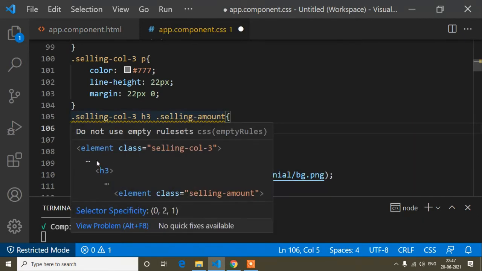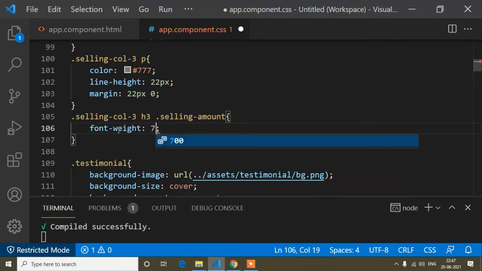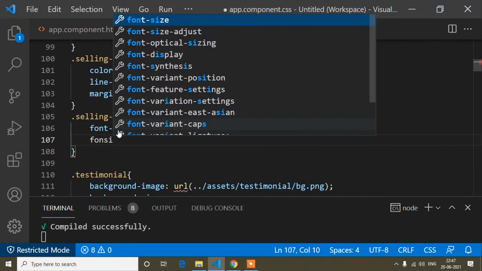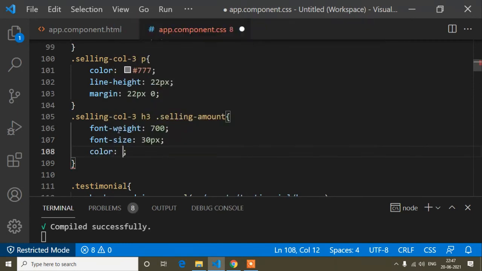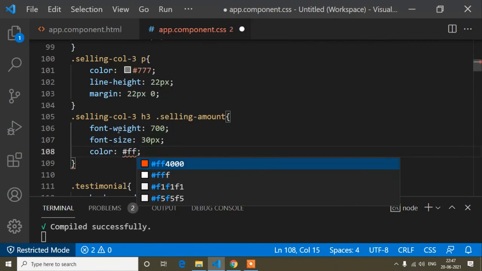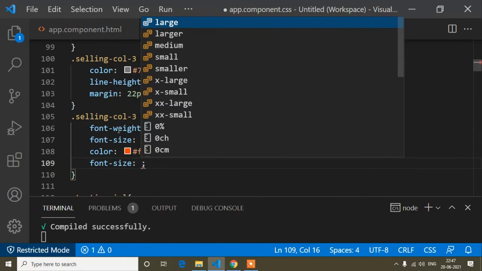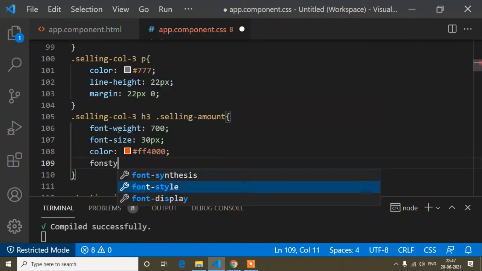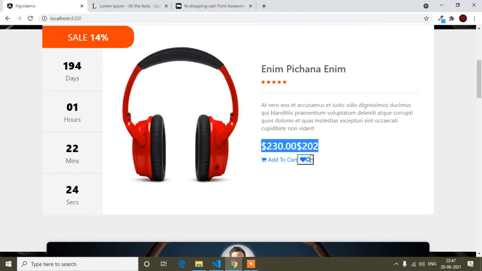So now first of all font weight, so font weight is 700, and after that font size is 30 pixel, then color is this color code, and font style is italic. Okay, save, and now I will show you the design.